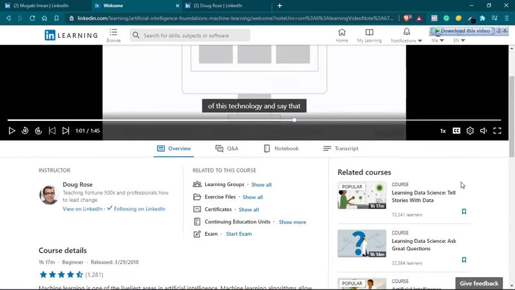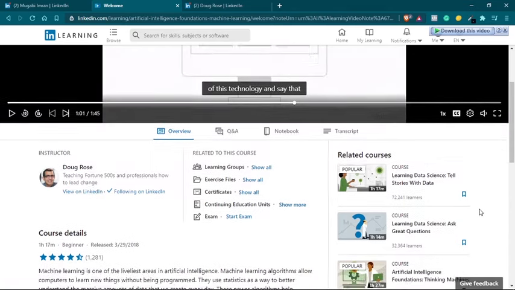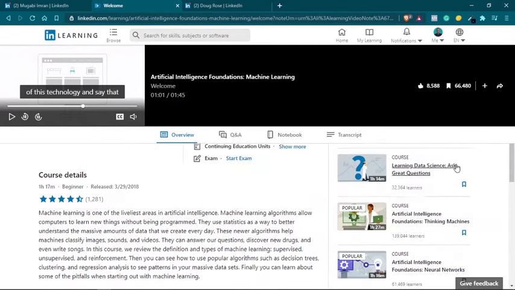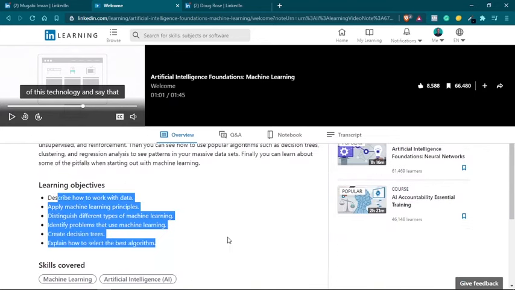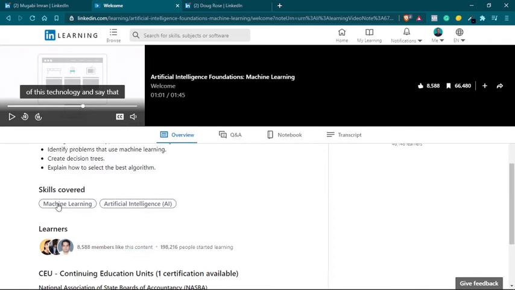On the far right, still in the Overview tab, you find the related courses. Just below the instructor's name is where you find the course details: how much time it will take you to complete the course, the level, and the release date of the course, the course description below, and some of the learning objectives, plus the skills that you will gain once you have successfully completed the course. Below you can find some of the members that are interested in the course, that are also learning the same content,